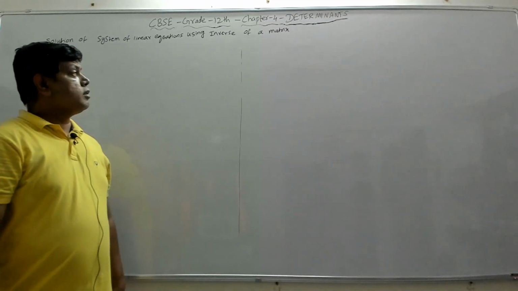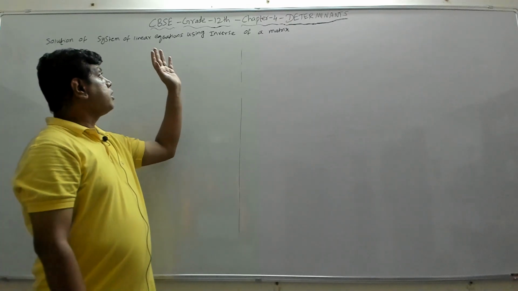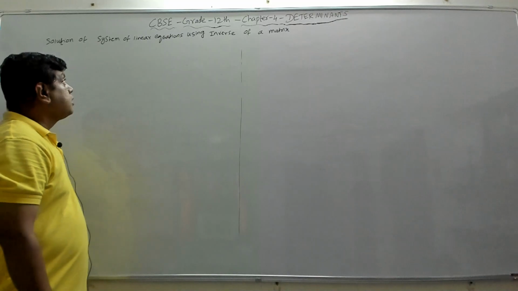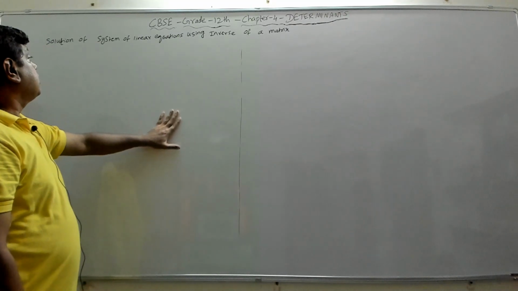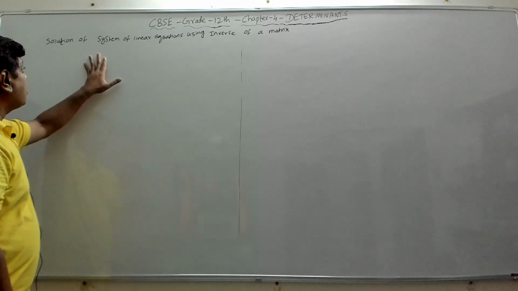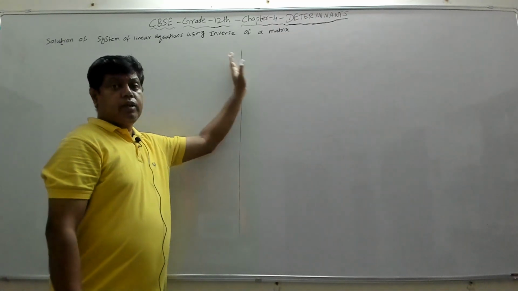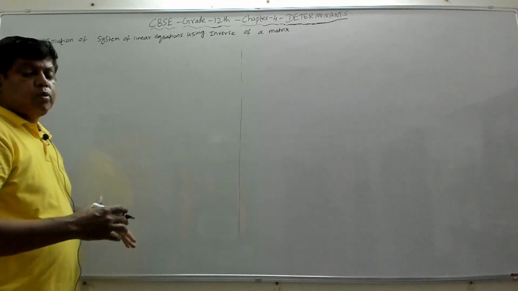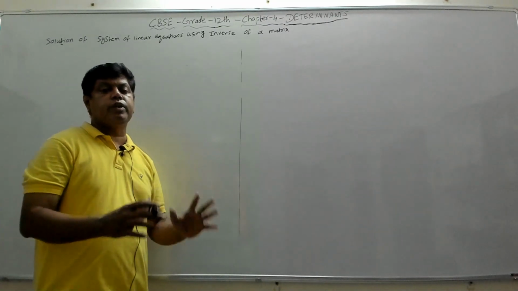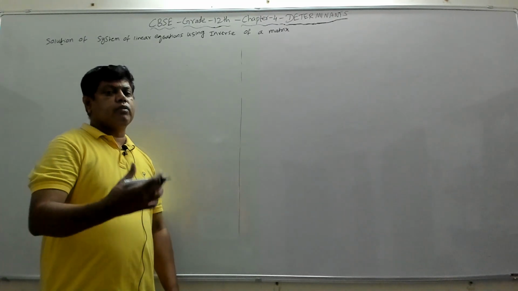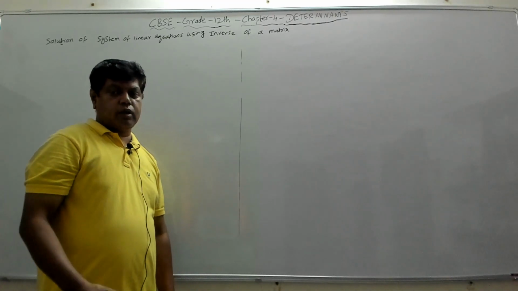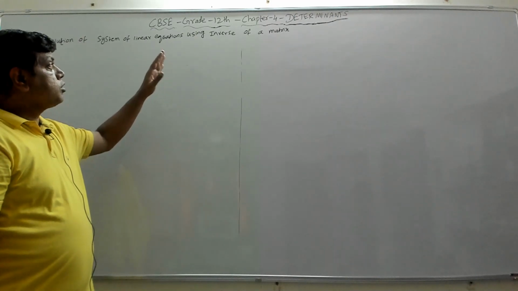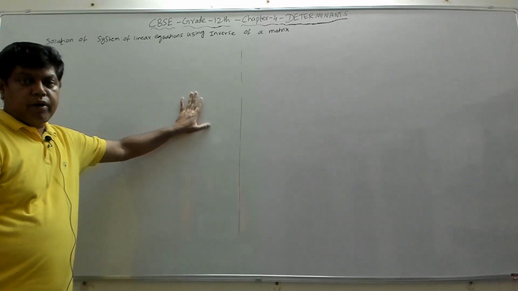We'll continue with the chapter determinants, which is your fourth chapter from 12th standard CBSE mathematics. We'll start with the next section, which is solution of system of linear equations using inverse of a matrix. So we will be able to find the solution of system of linear equations in n variables. Here specifically we do with 2 or 3 variables. We'll find the solution using inverse of a matrix.